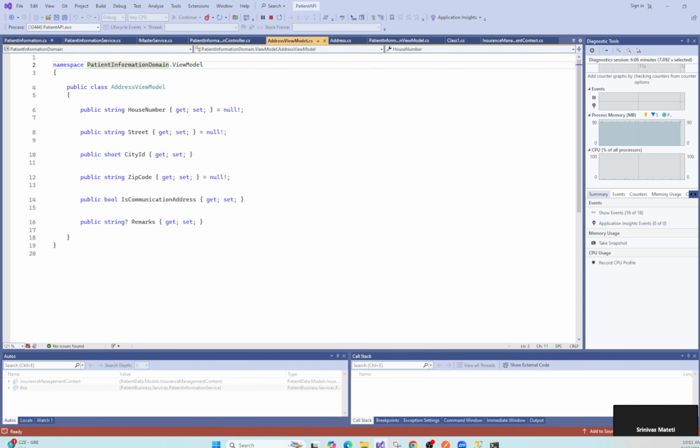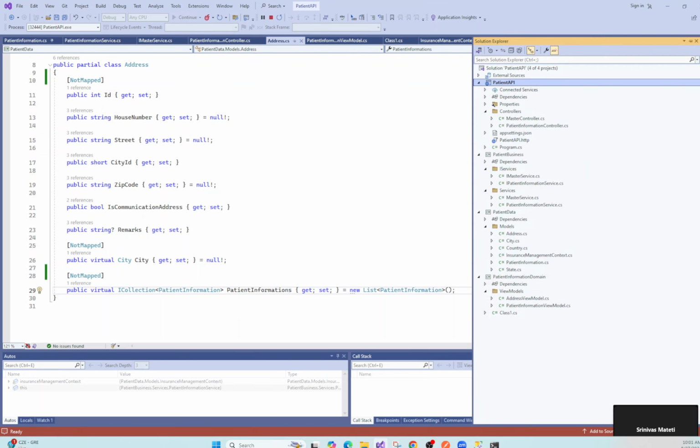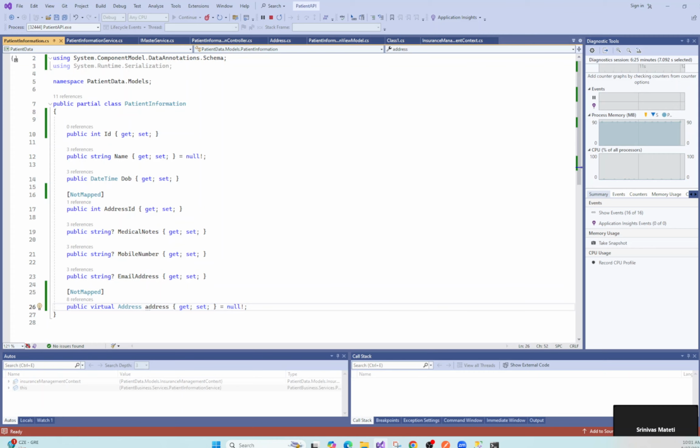If you see the address model, or the patient model, these all are models. These will closely represent your database table. So this will have a lot of information, like what is a foreign key, what is a primary key, and all. And this view model,